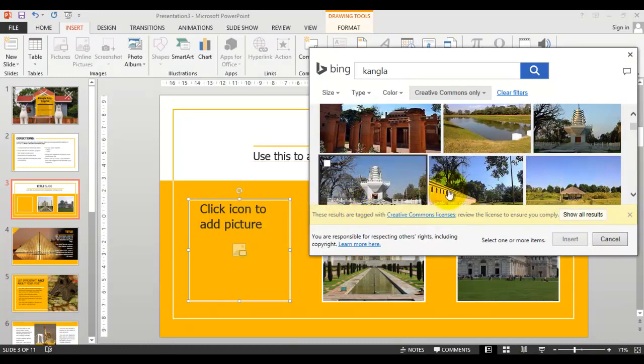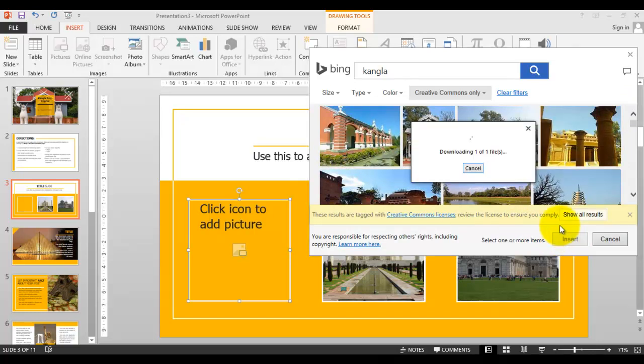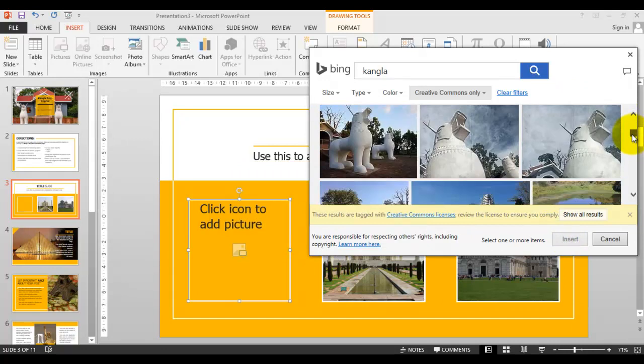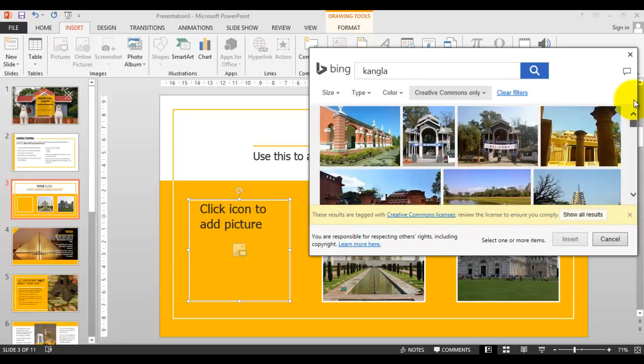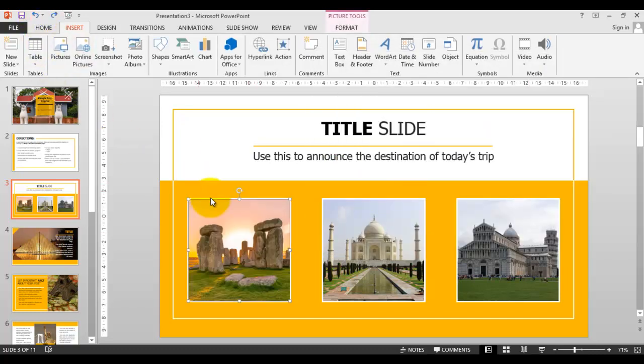Yeah, this is a license issue, that's why. Okay, we cannot add this one. But you can download this one from Google, or you can edit out here. Let's undo it. So here, with the picture, you can add here, and let's see what we can do with